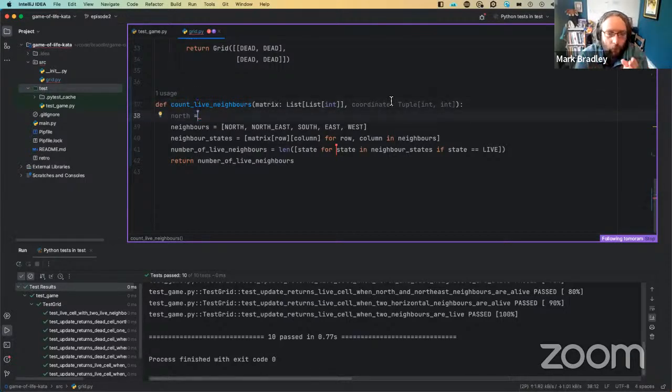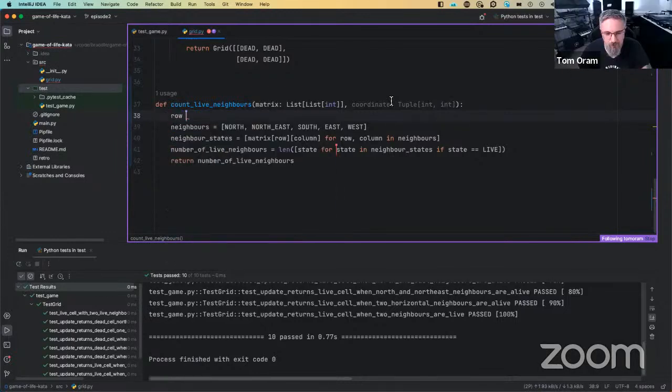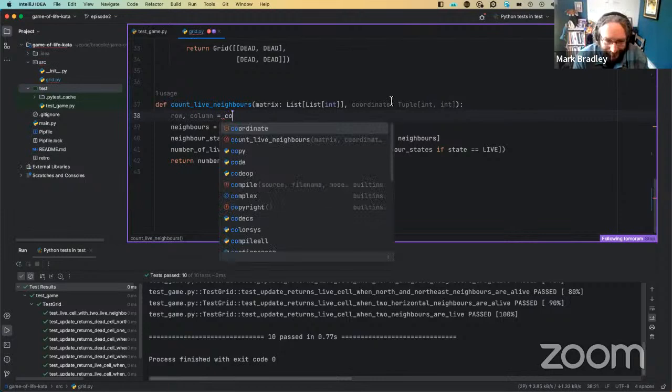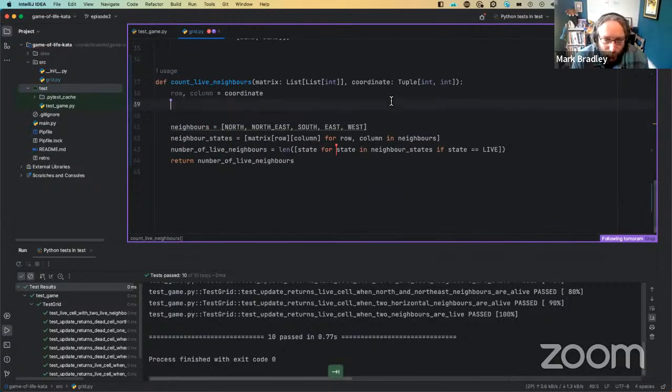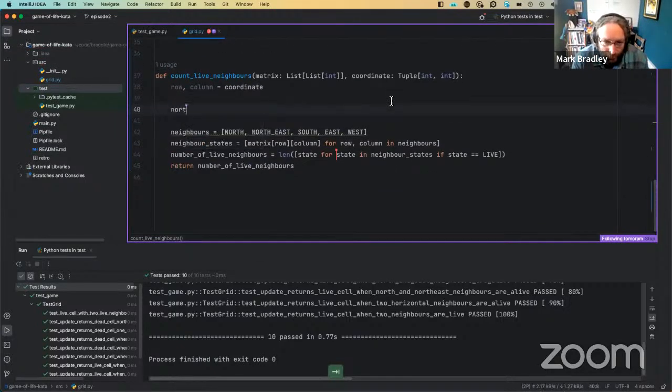What I want to do now is make this the relative location based on the coordinate given. So it would be, if this helps, row, column. Thank you. So north would be